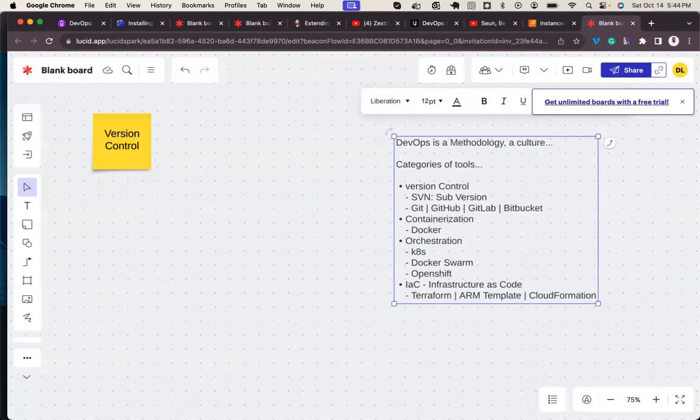Terraform, though, is no longer open source because it is now licensed. Take note, it's no longer open source, but let me just put it like this, HashiCorp.